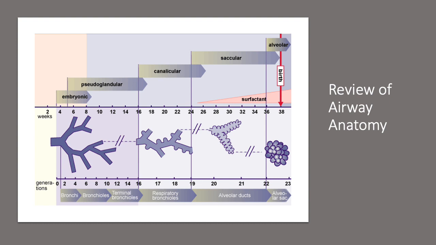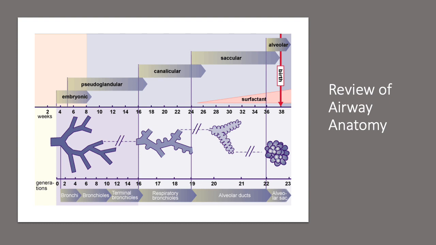So, as you all know, we divide these progressive branches of our lower airway into 23 generations. Up to the 16th generation, the bronchi divide and form terminal bronchioles. Till the level of terminal bronchioles, no respiratory activity is happening. It is only a conducting pathway. Bronchioles are distinguished from bronchi by the lack of cartilage and submucosal glands within their walls.